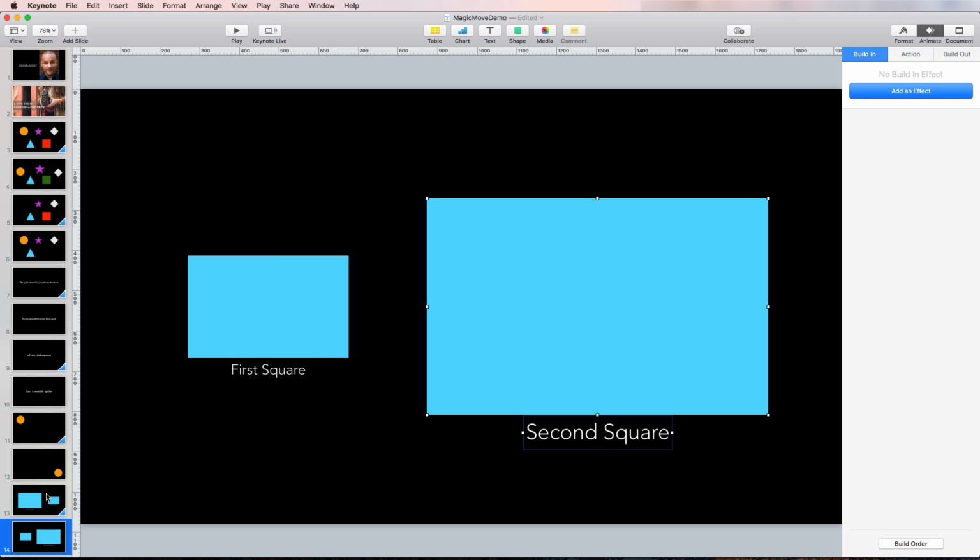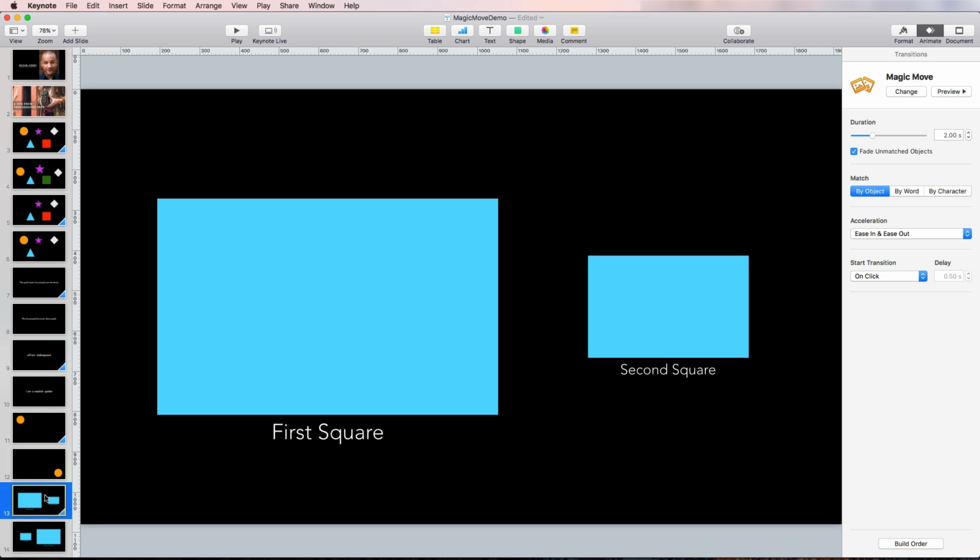Let's go back to the first slide, and let's play it from here with the objects ungrouped. So I'll hit the play button up here, hit the forward arrow key. Now the move happens as expected. So something to be aware of when using the Magic Move transition. Grouped objects may not behave as